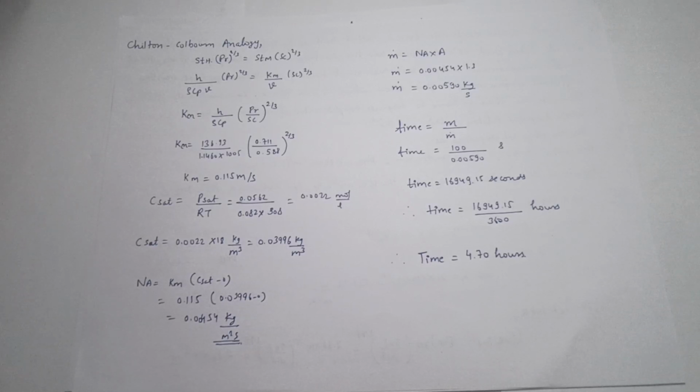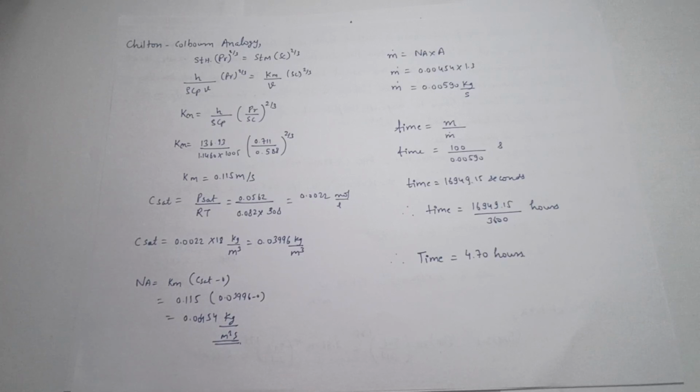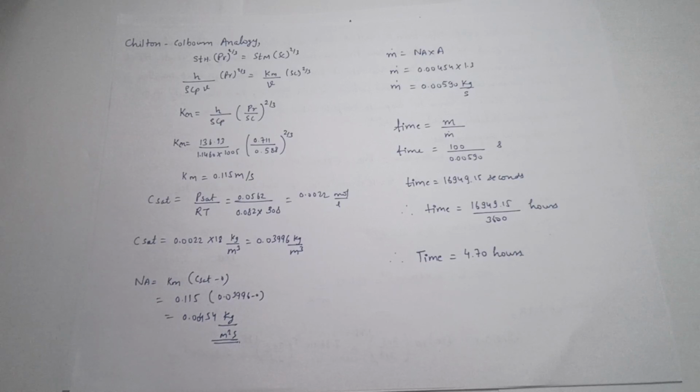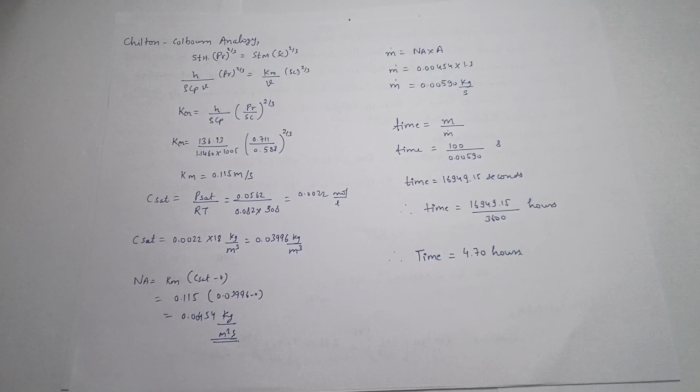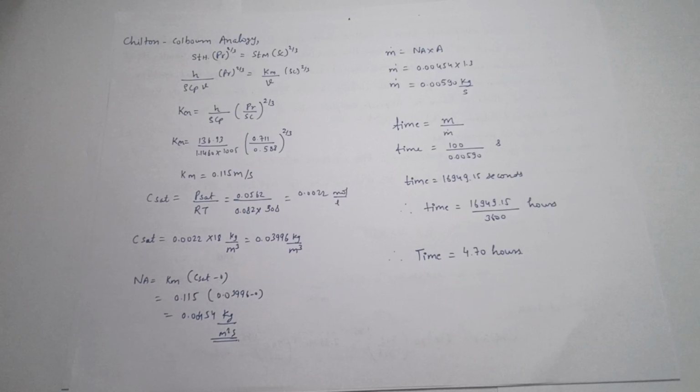Now, calculating the molar flow rate, which is Na, is Km into Csat minus 0, which is equal to 0.115 into 0.03996 minus 0, which comes out to be 0.00454 kg per meter square second. Now calculating the mass flow rate is Na multiplied by the area, which is given in the problem, which is 1.3 meter square. Multiplying this to 0.00454, we get the mass flow rate equal to